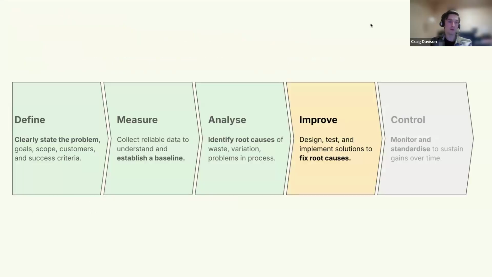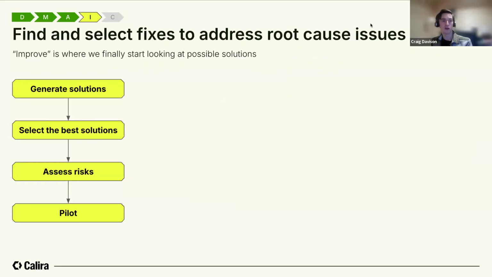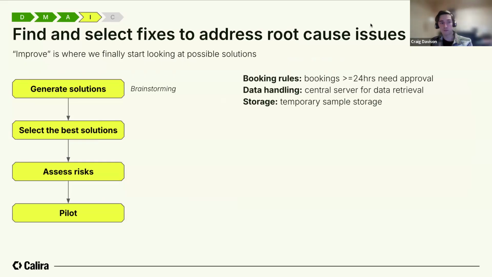So how can we make improvements? We have definitions, measurements, and data all showing a problem and a baseline to improve from. Now it's time to brainstorm possible fixes, then prioritize them based on impact, difficulty, and risk. So brainstorming might bring up different types of solutions. Some fixes might be